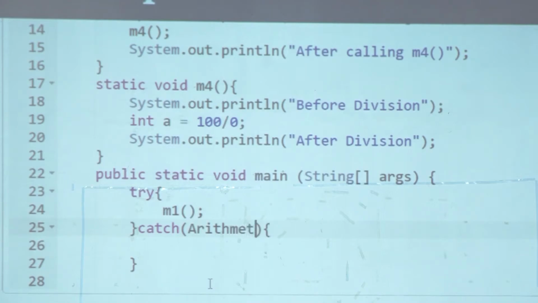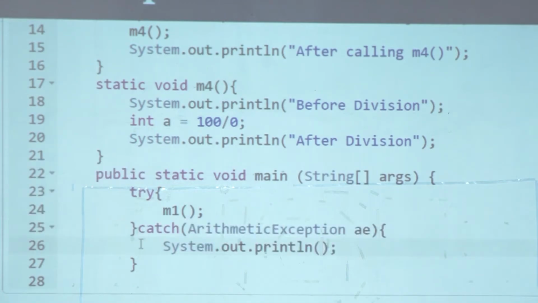We can catch either arithmetic exception or runtime exception or exception. But best thing to do is to catch the actual exception. Arithmetic exception AE and print AE dot get message. That is a standard method available on any exception object.